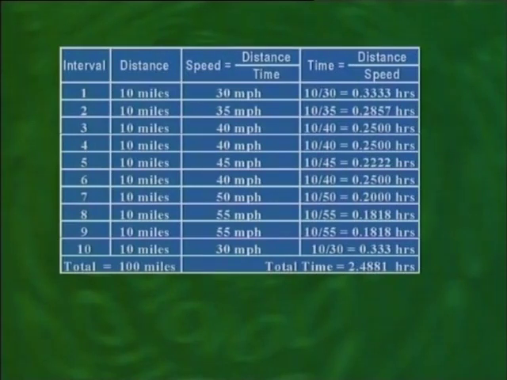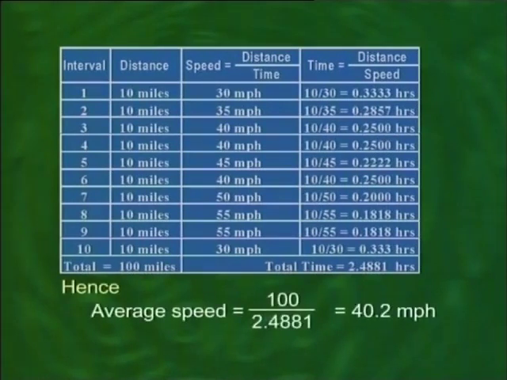Adding all these times, the total time taken to travel the 100 miles comes out to be 2.4881 hours. And dividing the total distance of 100 miles by the total time taken, that is 2.4881 hours, the true average speed comes out to be